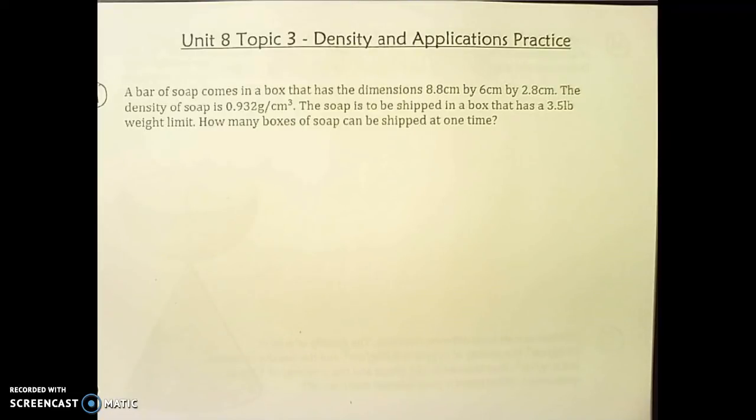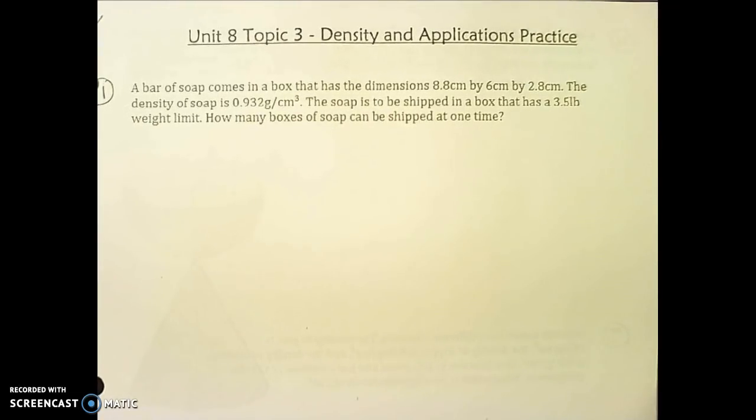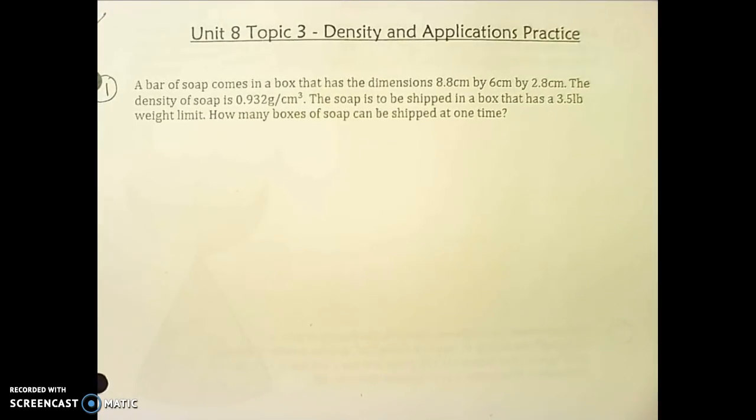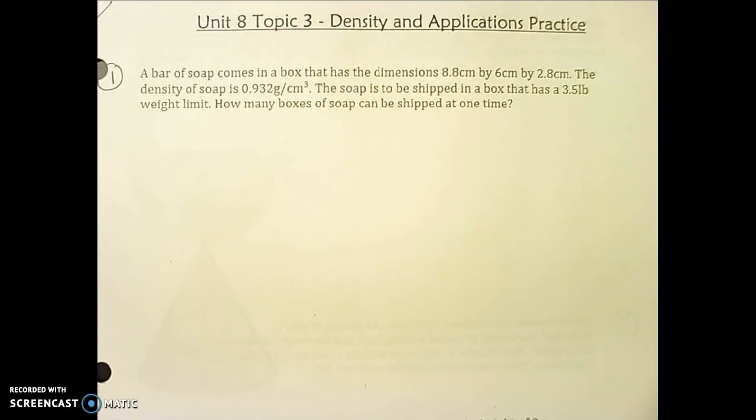Hey guys, in this video I'm going to do an example from your Unit 8 Topic 3 practice packet. This is Density and Applications Practice, and I'm going to go ahead and do number 1. You should definitely follow along and take notes. Just watch your work. We're not going to have a lot of extra space. We're going to pretty much use up everything, so just make sure it stays nice and neat and organized like